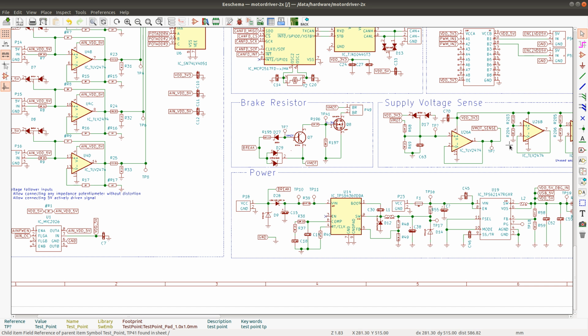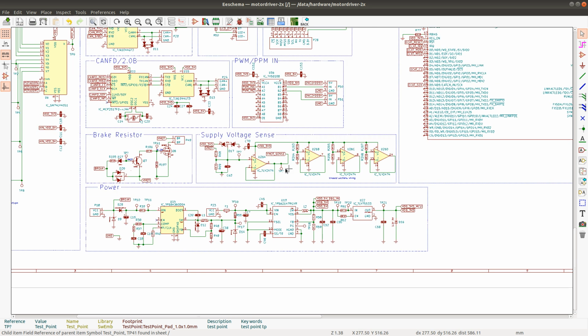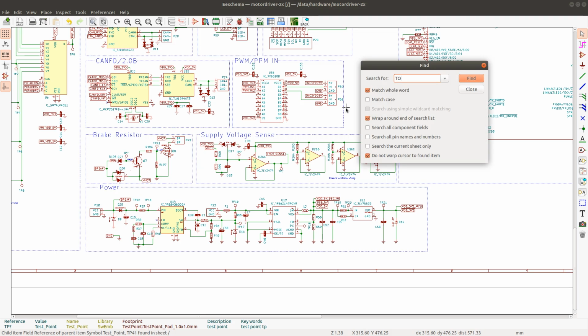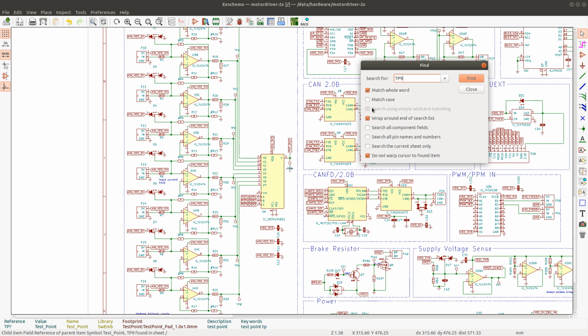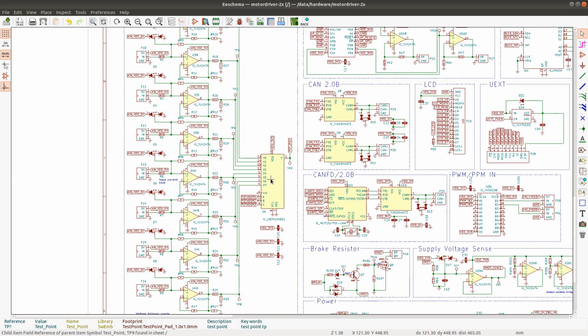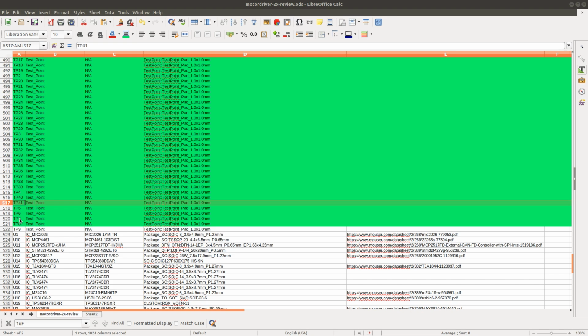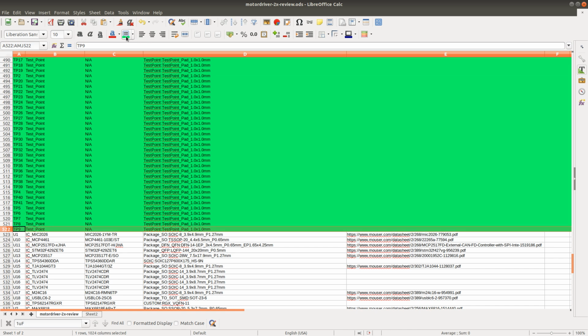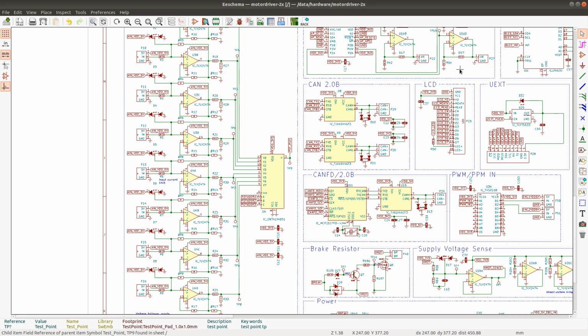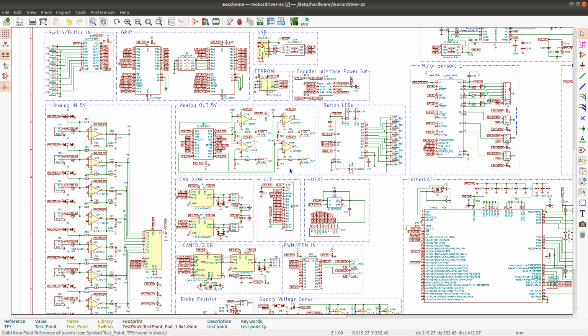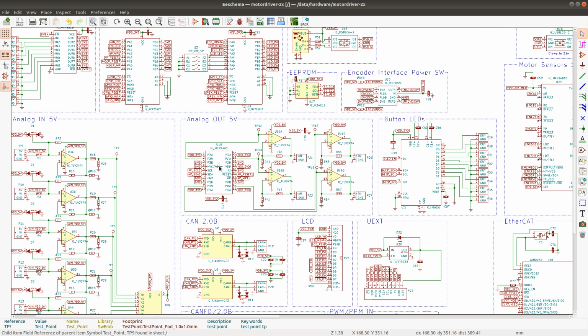Let's see. And then we have these ones are just unused sections, and just the last one, TP9. Right. So TP9 is just the input to the microcontroller, or the output of this multiplexer. Okay, so we got all the test points that I've had on the schematic prior to the review, but I think I have to make sure that